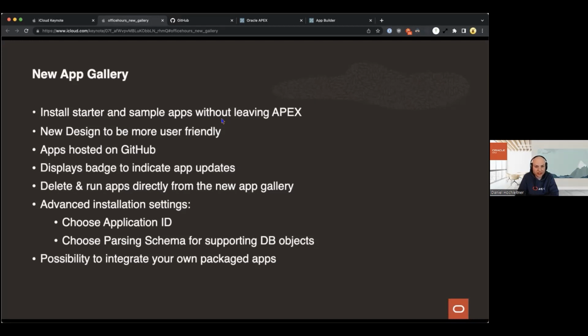You will see an update badge if an update of an app is available, and you can delete and run apps directly from the gallery. And if you install an application, you have basically two advanced installation settings. So instead of auto-generating an application ID for you, you can choose a fixed application ID. And if your workspace, for example, has assigned multiple database schemas, you can choose the parsing schema for the supporting